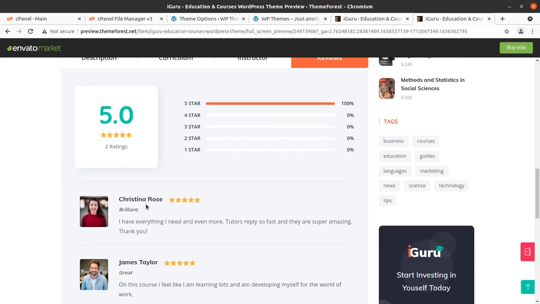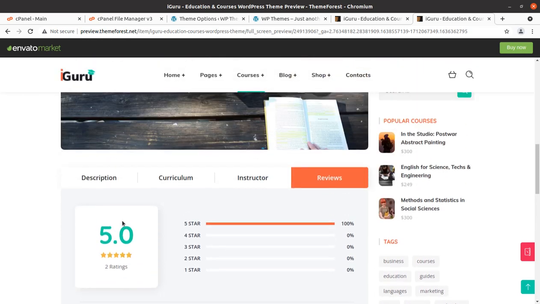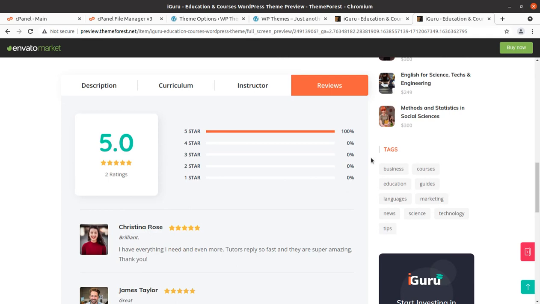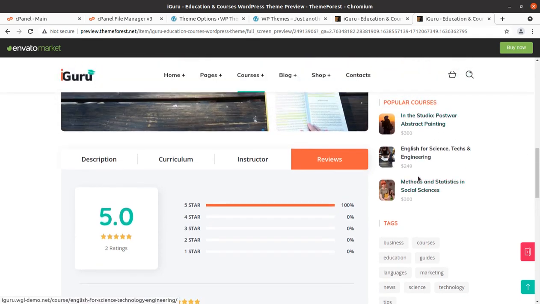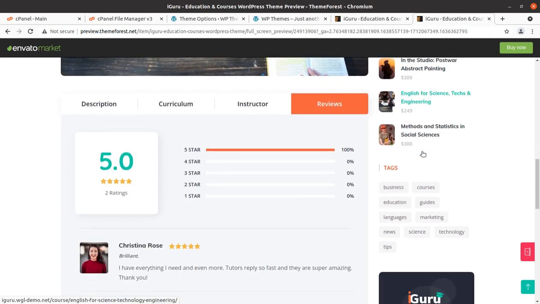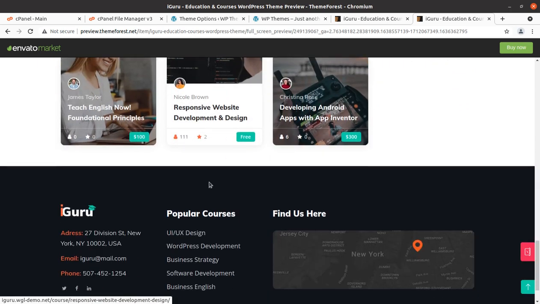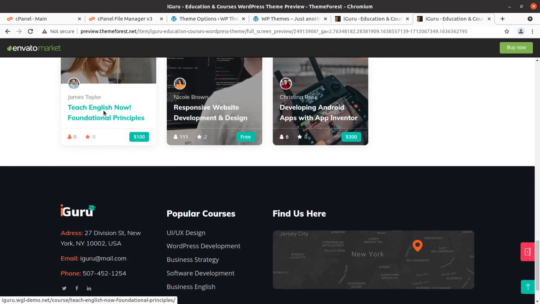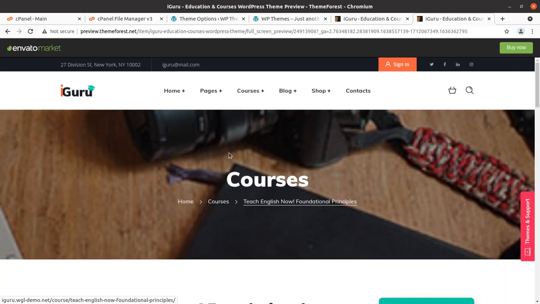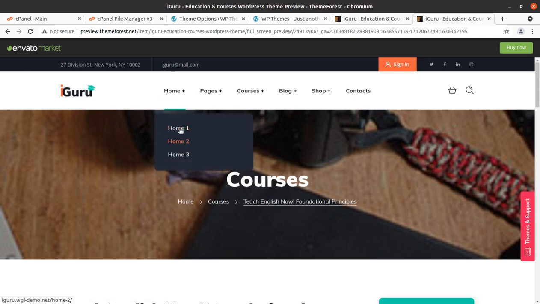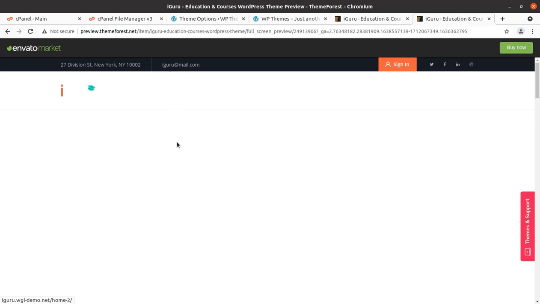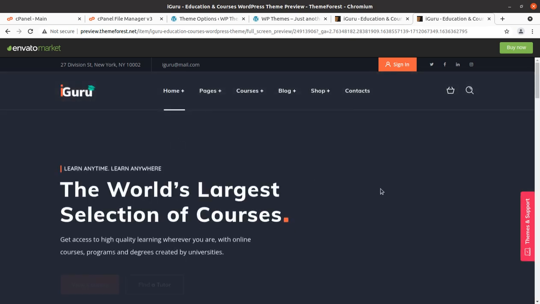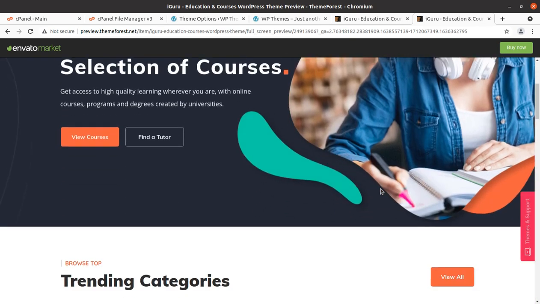So about one course you can fill in the complete information, and the right panel is showing some subordinate content. This is a great view for course listing and all. The best part is that there are 3 homepages available. Let us check the second homepage. This is the dark homepage. Okay, it is also very good.